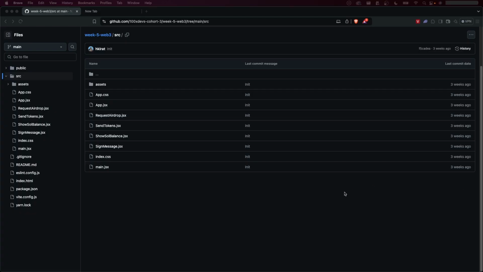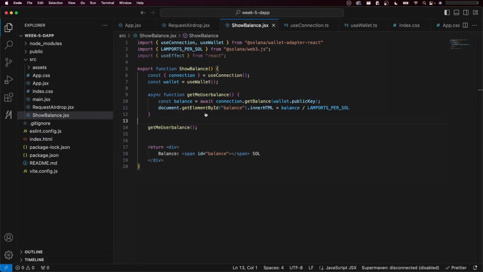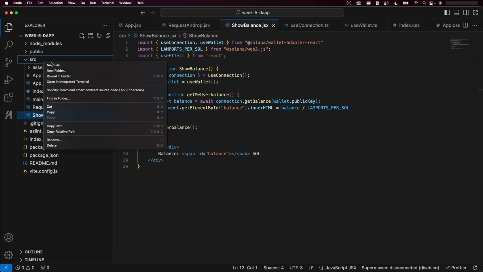All right. Amongst the 4 assignments for today, we've been able to do 1, request airdrop, 2, show Solana balance. These were the easy ones. Now let's go to a slightly harder one. Again, not too difficult. If you understood the first 2, this one should be fairly easy to digest. Let me copy this over into my local project and create a fresh component over here called